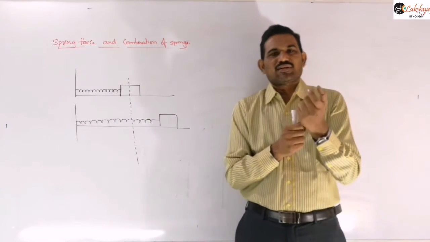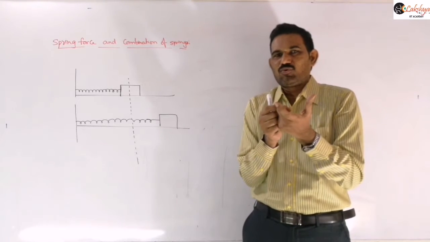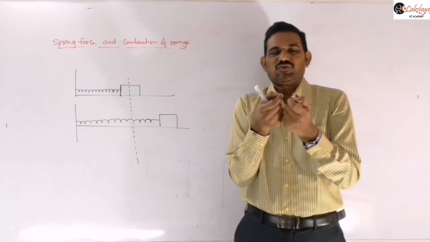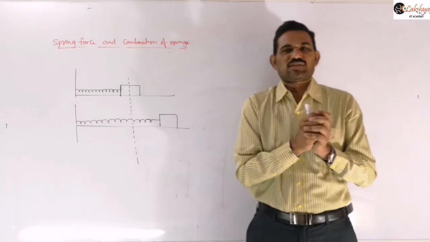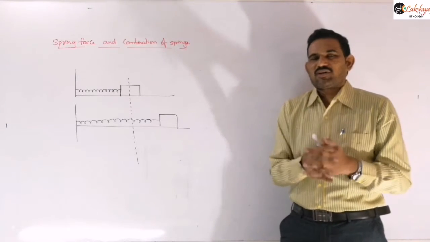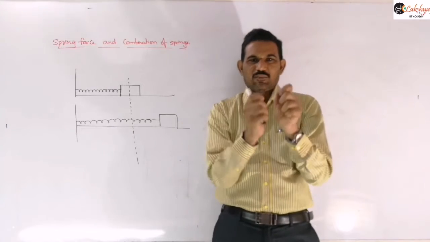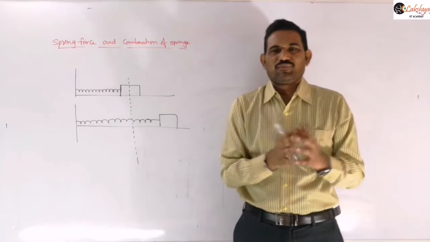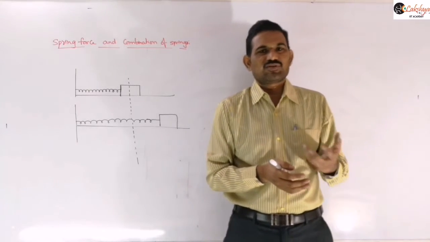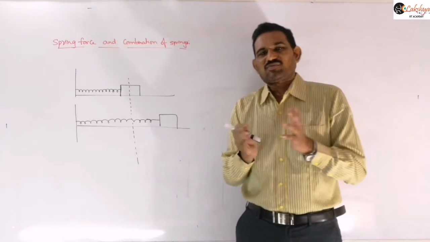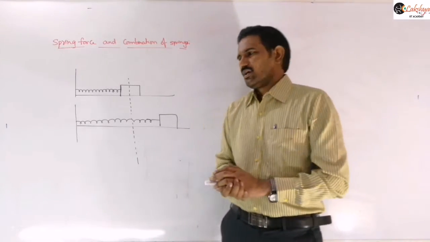Because of that restoring force, once the external force is removed, the body regains its original shape and size. The external force is what we call the deforming force. It is not a property of all bodies; only some bodies will exert such a force. If you take a rod and bend it, will it come back to its original state? No, right? In some cases it may be possible, in some objects it may not. That is why there are two types of bodies, elastic and inelastic or plastic objects, which we will discuss later.